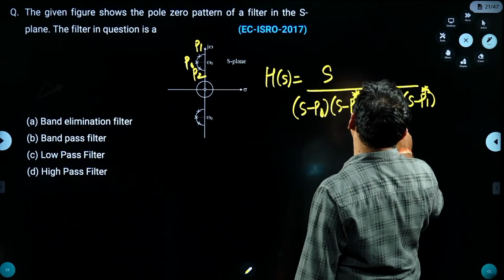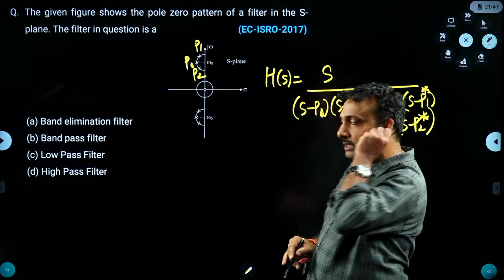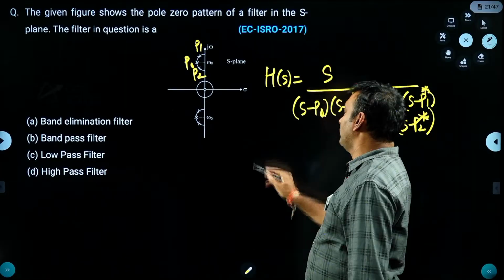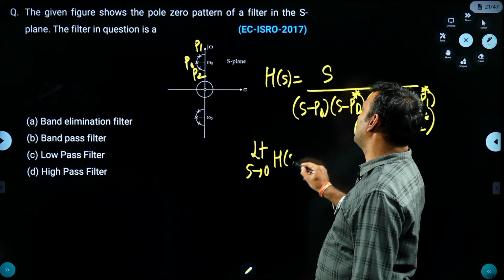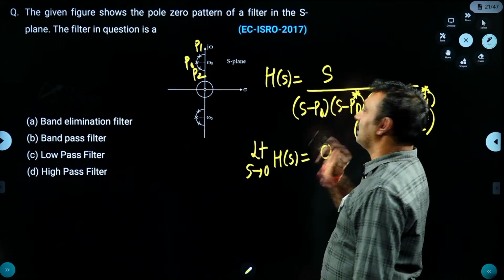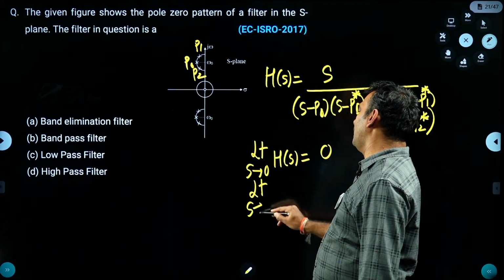S minus P2 into s minus P2 conjugate. Generally, to know the nature of the filter in S-plane, we are checking for starting and ending value. What is limit s tends to 0 of H of s here? 0 by something, s plus 0. Limit s tends to infinity of H of s,